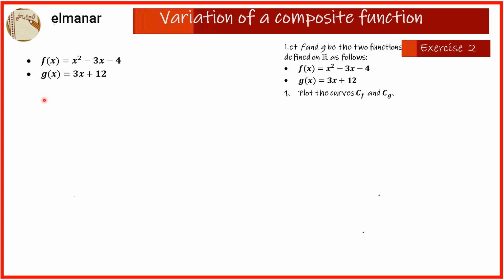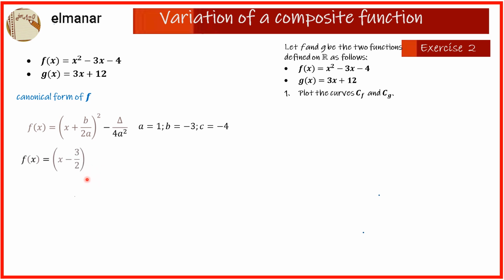Exercise 2. Canonical form of the function f. The function f of x is equal to (x + b/(2a))² − delta/(4a²). In this case, a is equal to 1, b is equal to −3, and c is equal to −4. Thus, f of x becomes (x − 3/2)²